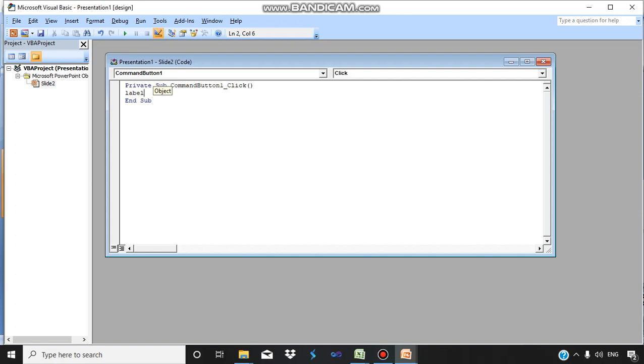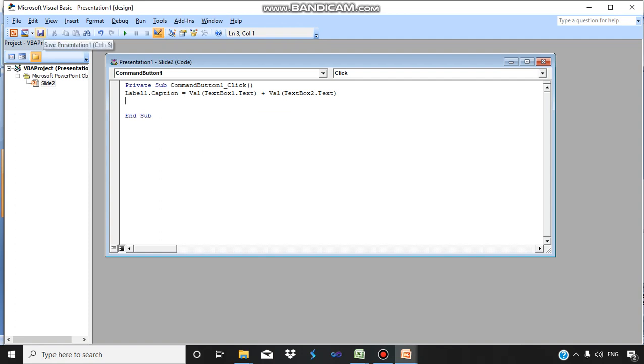We are doing the code basically to add two numbers, and the result of the addition of the two numbers should be displayed in the label control. Now just save this coding.